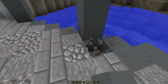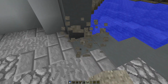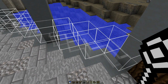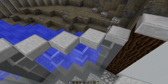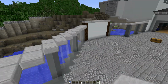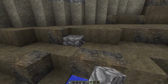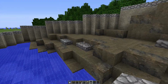Let's just chuck this into here like that, like an absolute psychopath. There we go, and oh sweet, we can just bada bing, bada boom. Perfect. Okay, that works out pretty well. And what did I need? Okay, I wanted this. So yeah, we're just gonna chuck some of these around just to kind of create a bit more of a natural kind of like